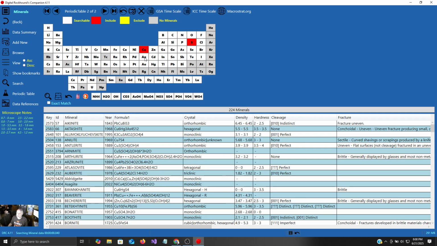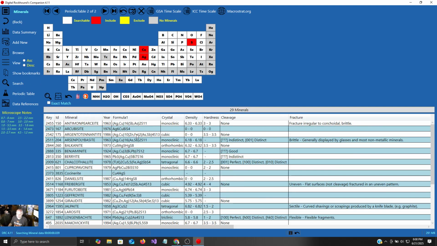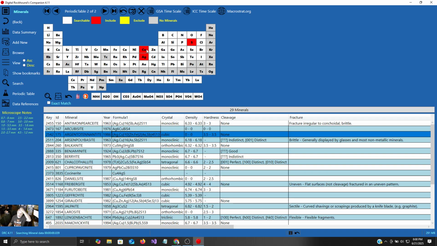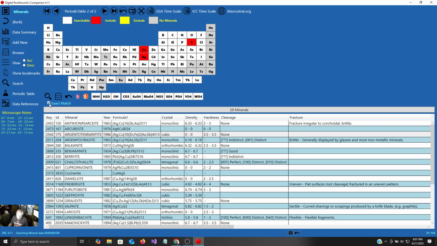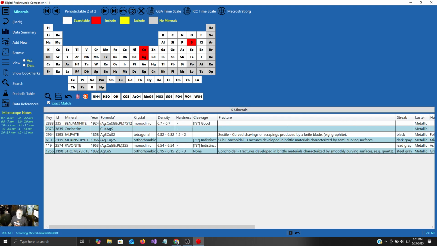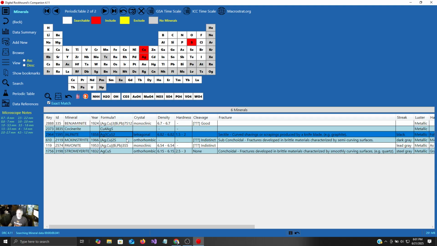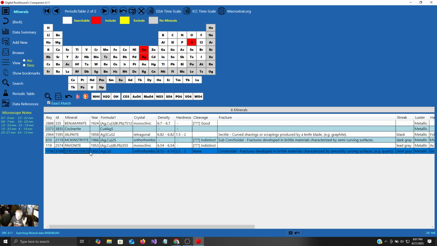Now, if I enable that, then these are only the species that have copper, silver, and sulfur in it. Now, if I do exact match, these are the mineral species that only contain the elements silver, copper, and sulfur. So again, you can start from here. I can take this mineral species here,